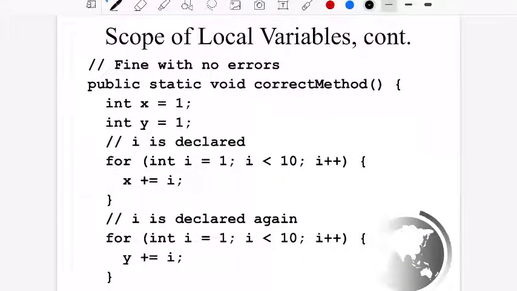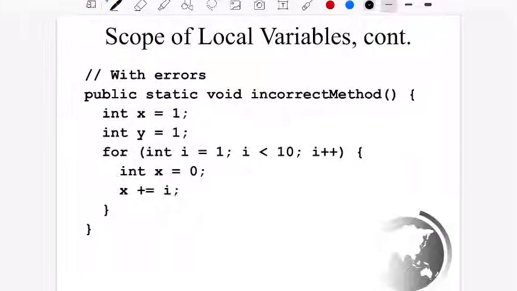Local scope. Scope of variables continued. So I is declared here. I is declared here. That's okay. No errors. Fine with no errors. Now I is declared here